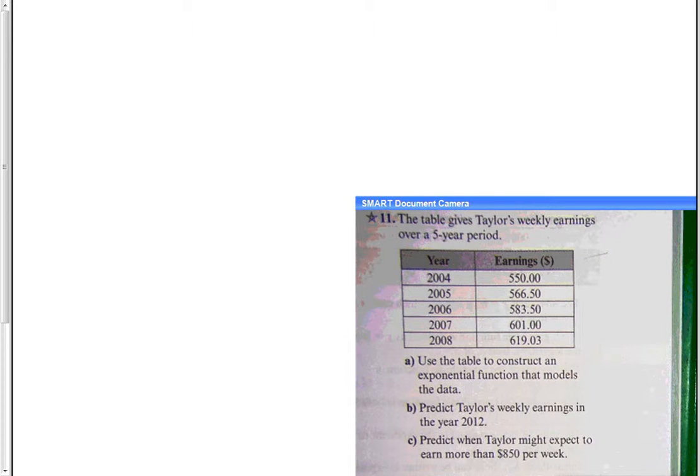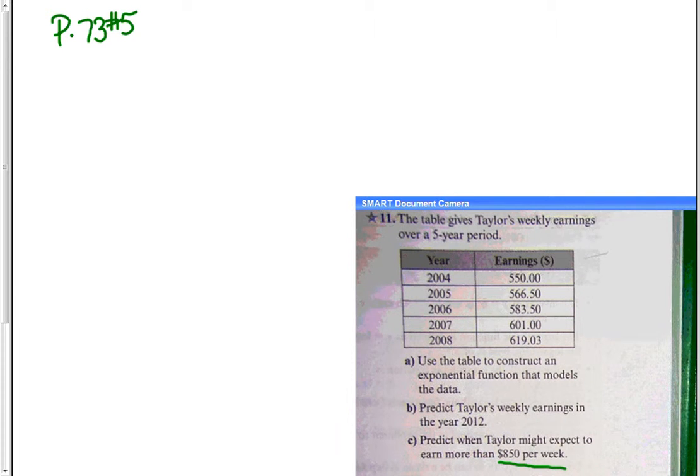Before we work on our homework, I'd like to do one of them with you. So page 73, number 5. I don't think you have space for this, but it was the first question I was going to assign you for homework. We're given a table of values, and we're asked to predict when this person is going to make a certain amount of money. So we want to solve an exponential equation, and we've got tools to do that, but we need to use the table to find the